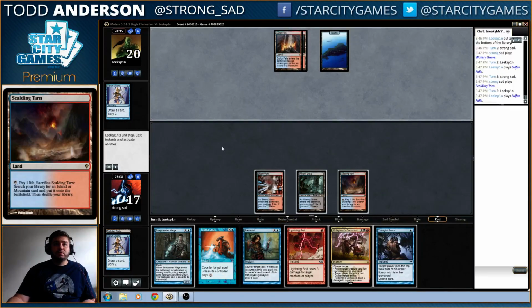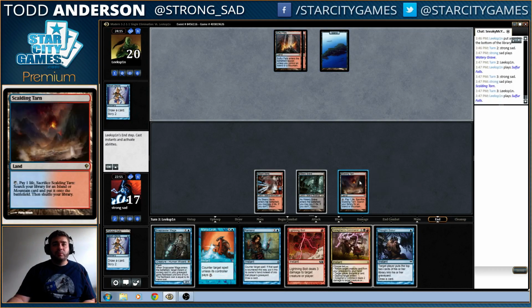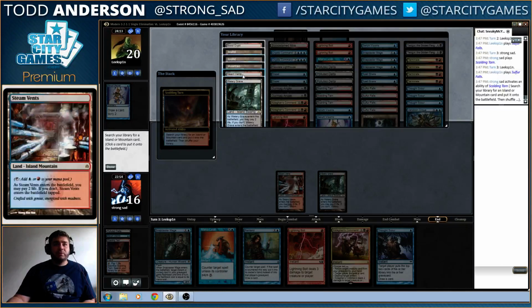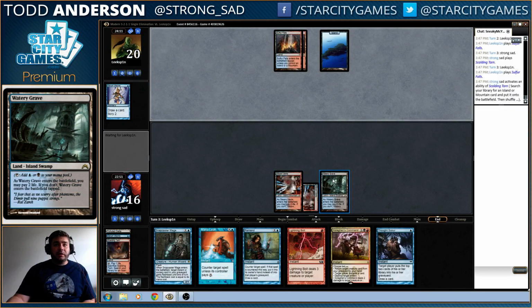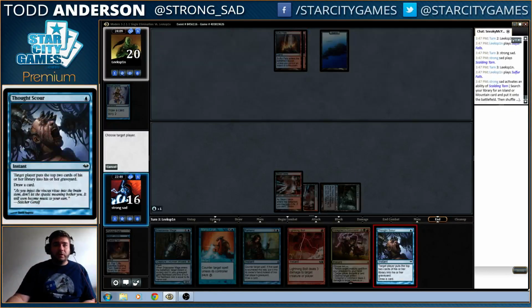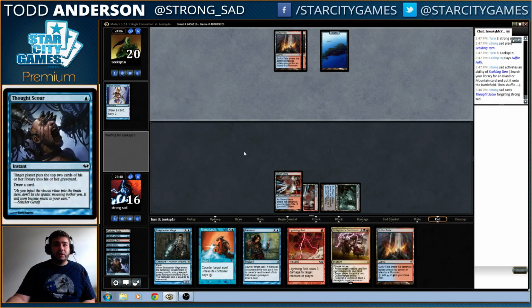Another Sulphur Falls, I guess. We definitely want Thought Scour here, but I'm not sure if I should fetch first or fetch after. There's a potential of him casting Vendilion Clique, but I think I'm okay bolting that. So we're actually going to fetch a Steam Vents tapped. And we're getting one more blue land just because we have Cryptic Command, and I get bitten pretty often by not fetching blue lands. Like, I could have gotten Blood Crypt and gotten a second red and a second black, but...